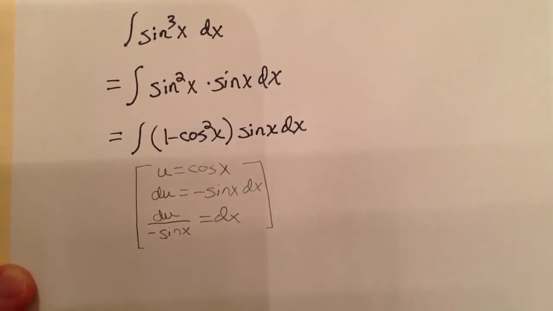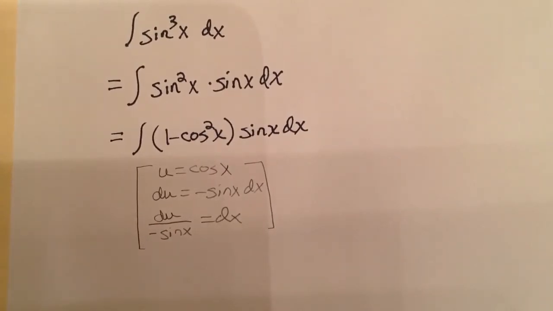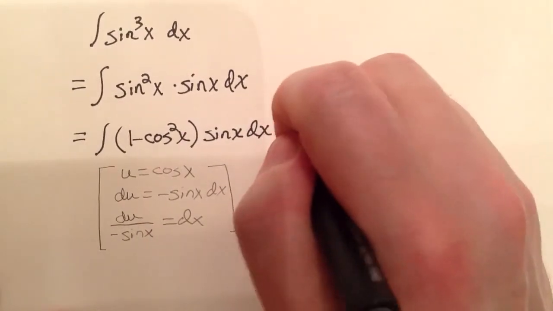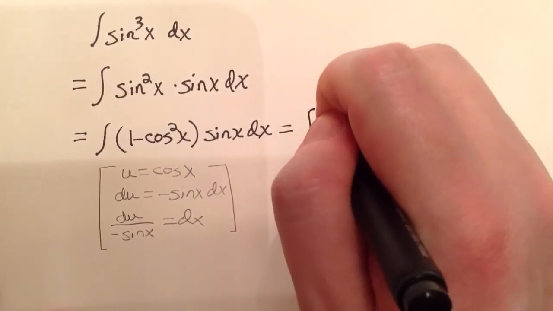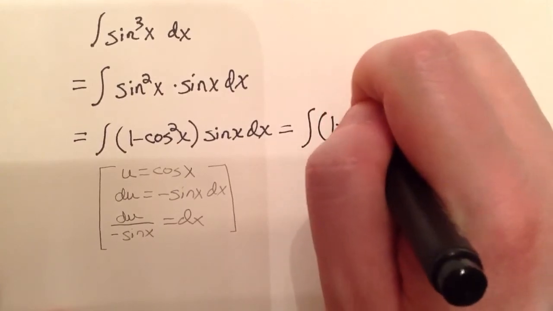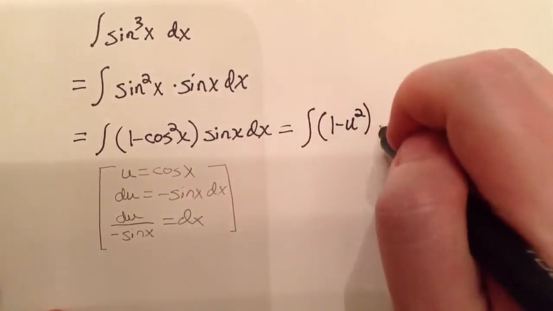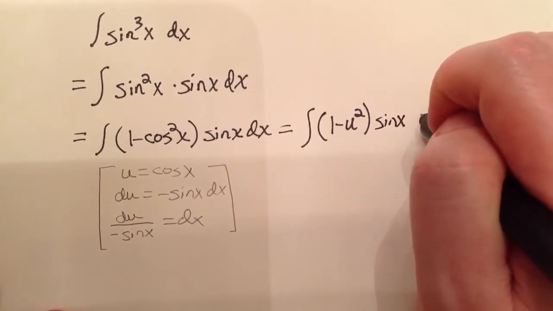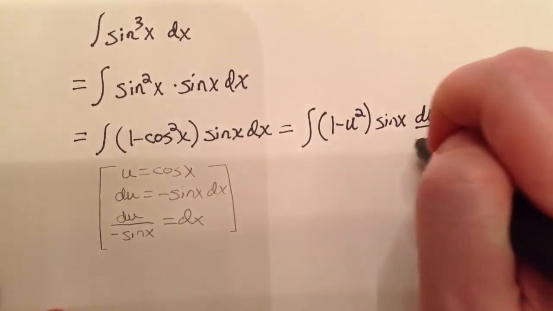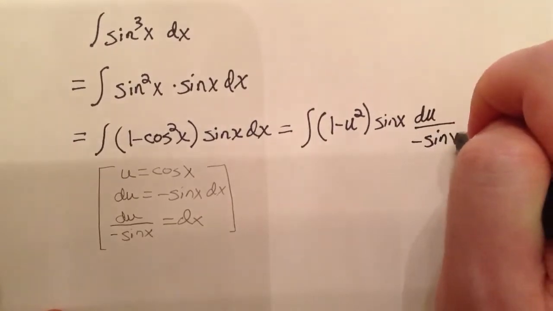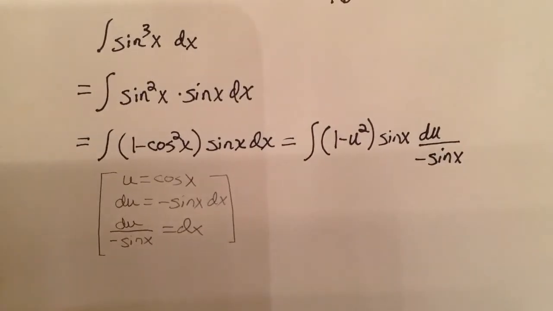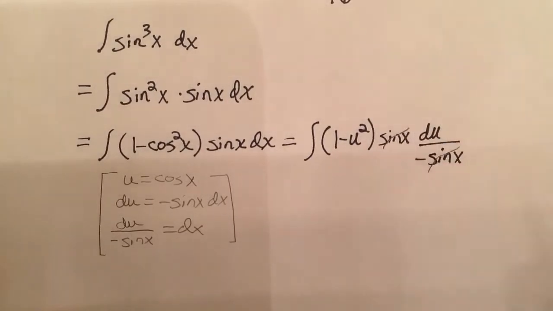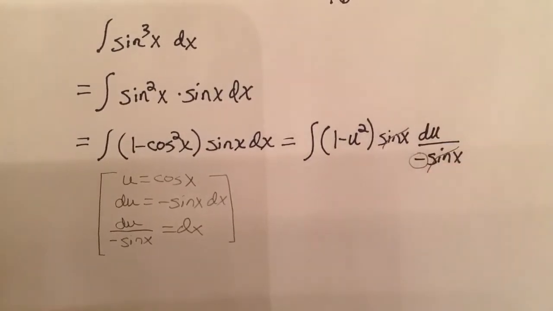And thus what we have upon replacement, we have the integral of 1 minus u to the 2nd, we have the sine of x, then we have times du over the negative of the sine of x, and so we'll have the sine of x to cancel out. Again, do not forget the negative sign,